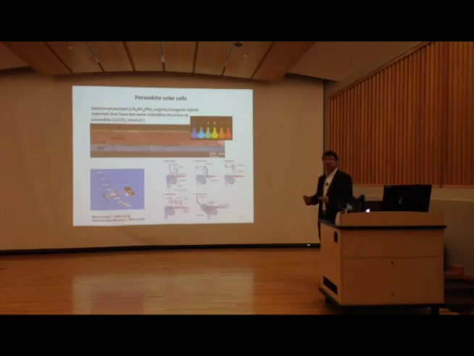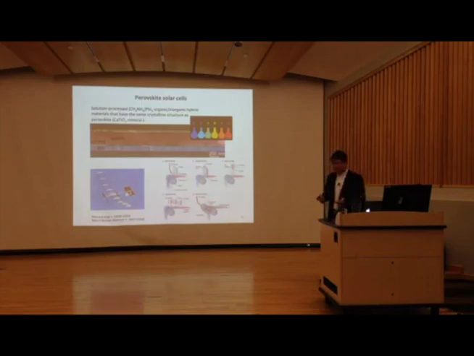Of course, this technology has only been there for less than 10 years because the first perovskite solar cell with efficiency about 3.9% was demonstrated in 2009. So it's just 9 years. And hopefully in the next 5 to 10 years, we're going to see perovskite solar cells get commercialized,